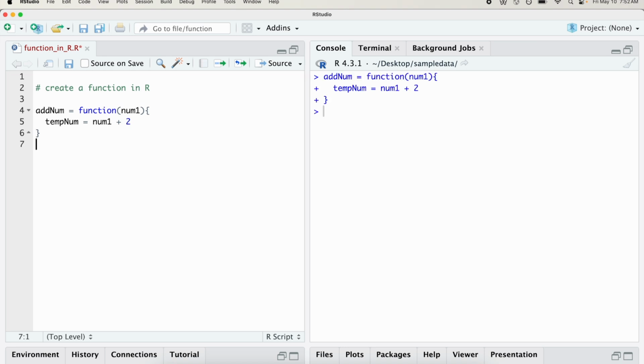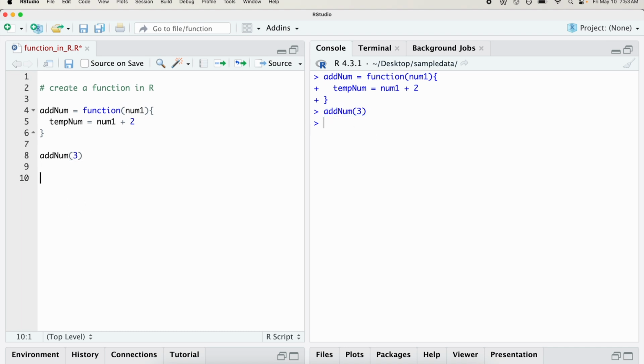So let's run that. And if I want to use this function somewhere in my code, if I need to add 2 to whatever variable I have somewhere in my code base, all I do is take add num, the function, and then I do 3 or whatever argument I want, and it runs. Now, it ran successfully. It didn't give us an error, but I would really like to see what my new number is. So what we can do is print it